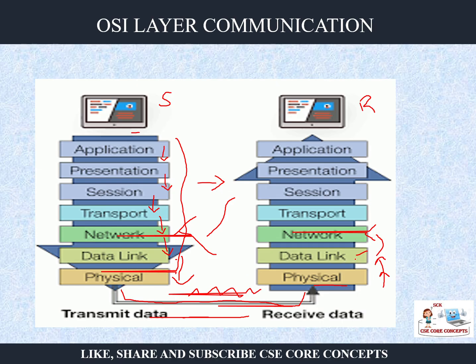Okay, and when it goes from the data link layer to the network layer, those frames are again reassembled to form packets. Then it goes to the transport layer, where packets are reassembled to make the segments. Then it goes to the session layer, where the session expires. Then it goes to the presentation layer to see which type of encryption was done so that they can decrypt the message, and which compression algorithm was used so that they can decompress the message. Then the data is given to the application layer in a proper format to be read by the receiver.